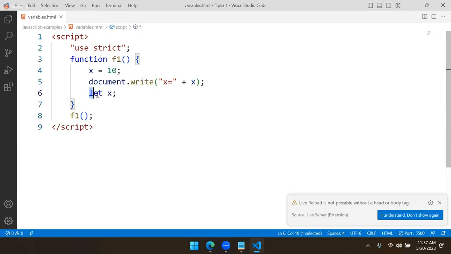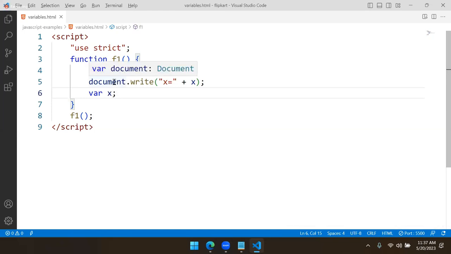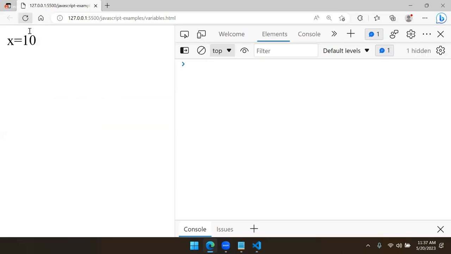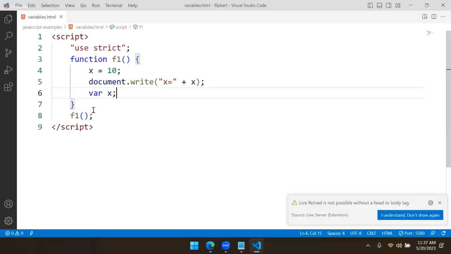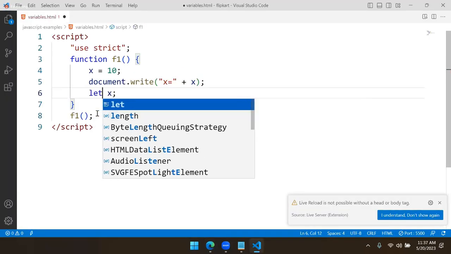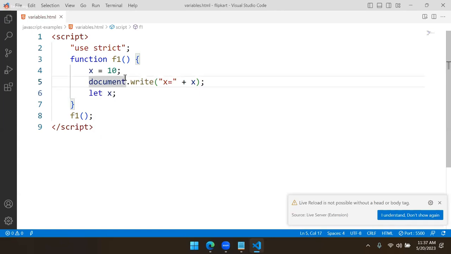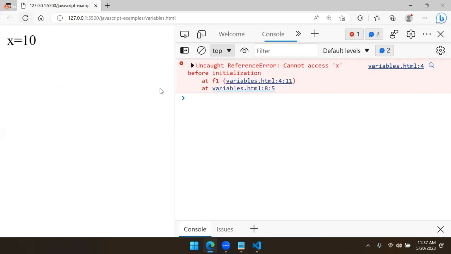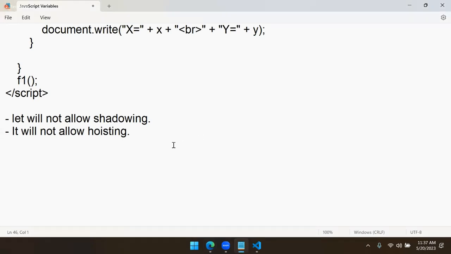If it is var, it allows shadowing. Var allows hoisting also. This is hoisting. Var allows hoisting. So it works. But if you use LET, LET will not allow hoisting. And you can see it is not allowing hoisting. So shadowing is not allowed. Hoisting is also not allowed. So LET is more restricted